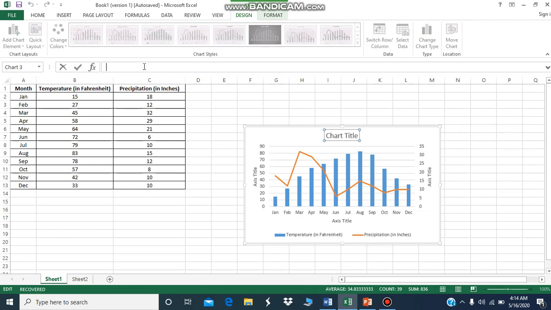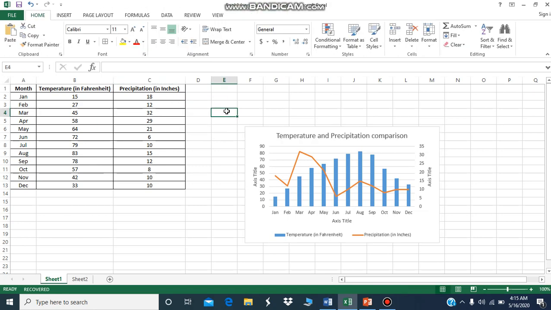What is it? Temperature and precipitation comparison. You can see chart title has been inserted.